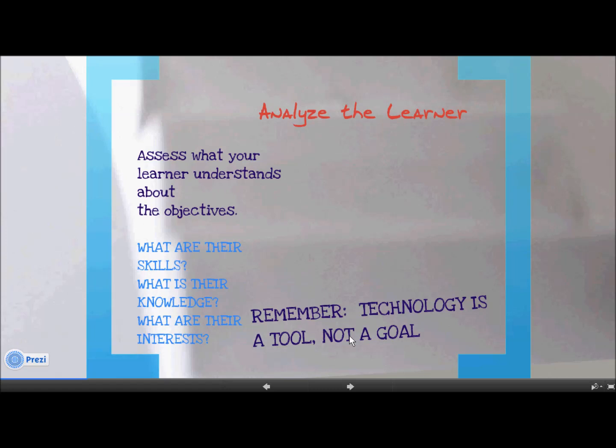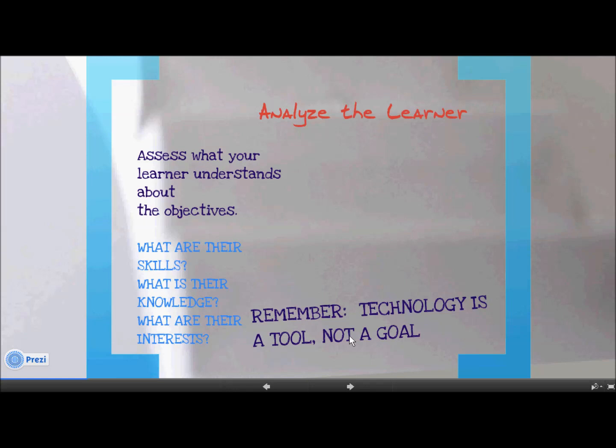So the first thing that you need to do, and this is true whether you are integrating with technology or not, is that you analyze your learners. You have to know your students in order to plan. And this is why you cannot just plan something one year and then expect to be able to use that forever and ever. There are teachers out there that do that, or appear to do that, but the fact is that you do your plan, and then you make sure that you can adjust